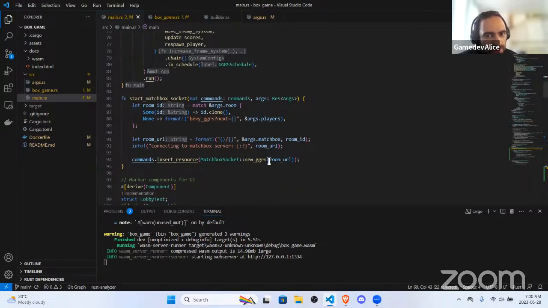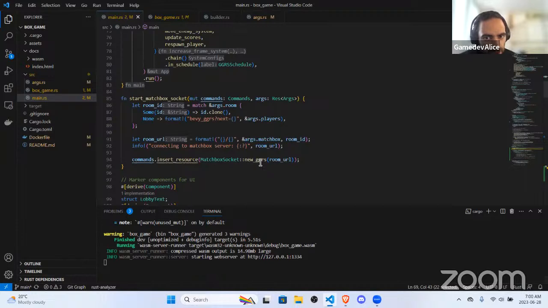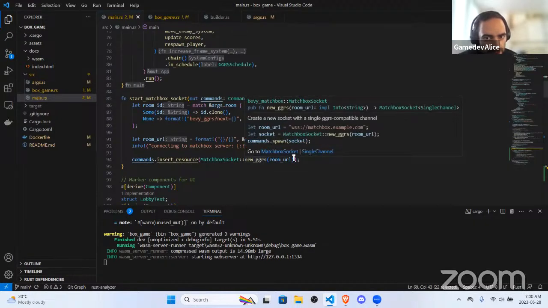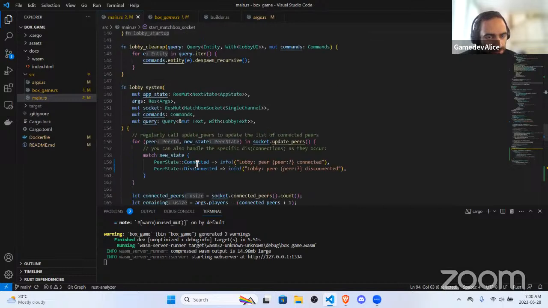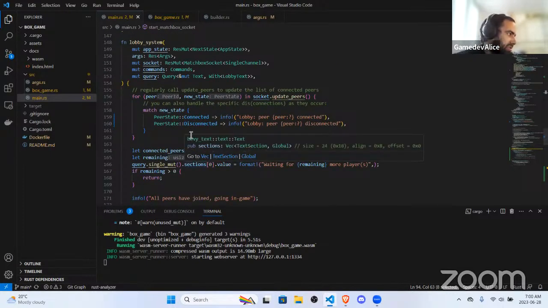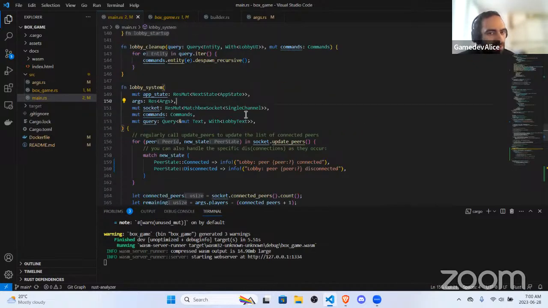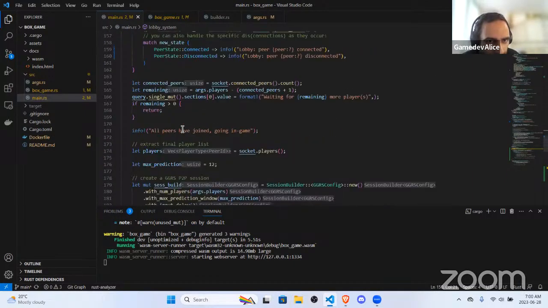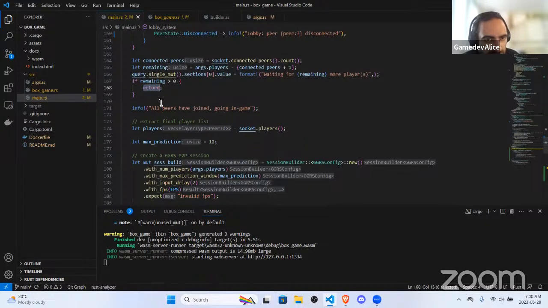So what's happening? If I join a room URL, okay, your room URL is just people are connected and waiting. Lobby system remaining, and then it's just waiting for returns. So if something is doing after this,